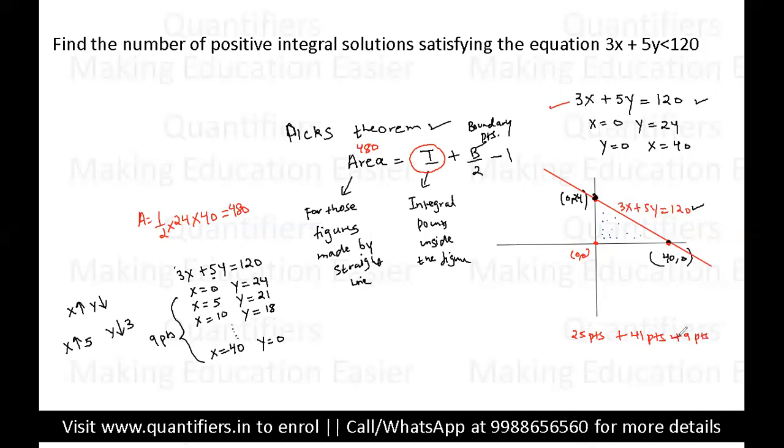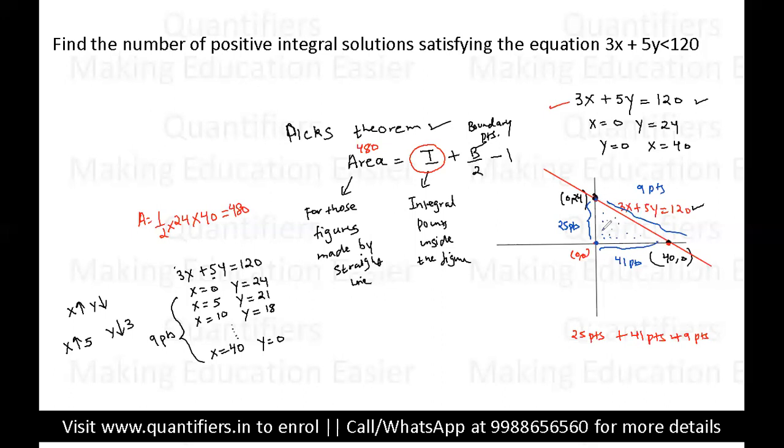Now students, one more step is here, which is required, that when we considered these 25 points, I'll write it here, these are 25 points. From here till here, these are 41 points. And this line will give us 9 points. So students, you can see each of the vertex wala point jo hai, each of them is counted twice.